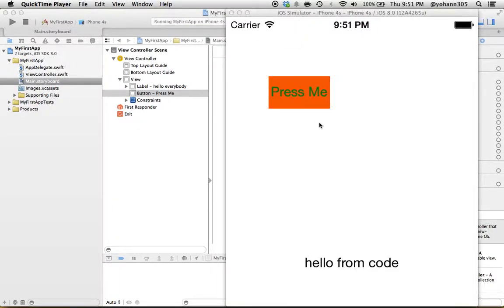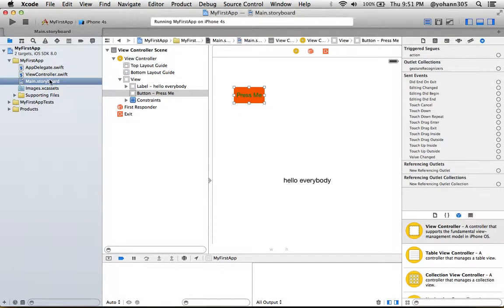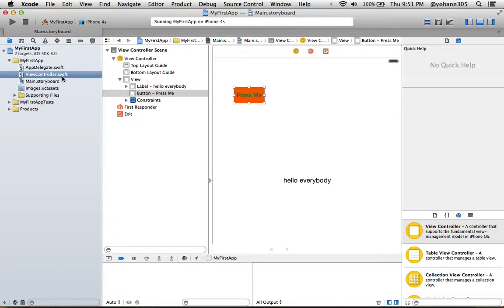Alright, in the previous lecture we created that press me button, but whenever we press it, nothing's going on right now because we have not created any code that is connected to that button. So that's what we're gonna do right now. I want you to go to Xcode, and click on the viewcontroller.swift file, and we're